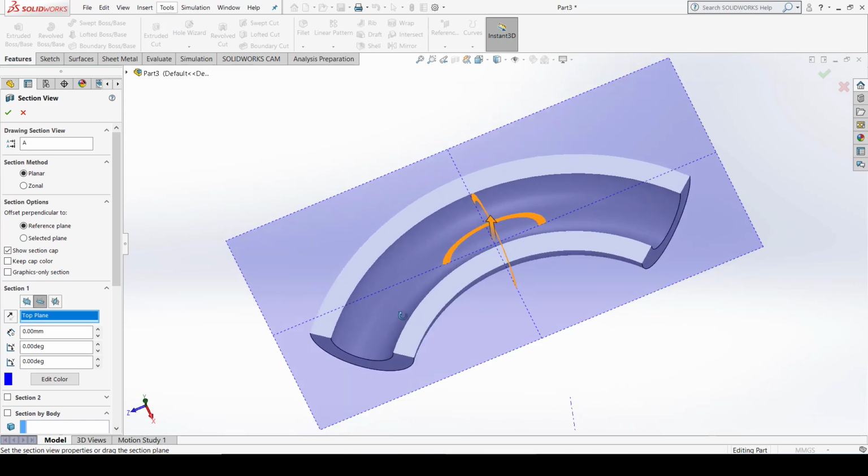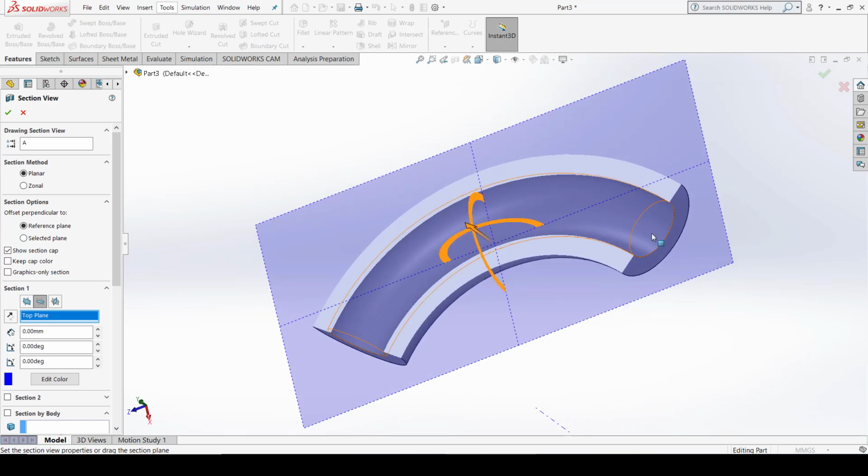Okay, so this is how you can use revolve cut to produce inner sections, or you can produce intricate shapes also. But for that we have other commands which we call swept boss or loft boss. That type of commands we will discuss in later tutorials, but for the meantime we can say you can make hollow structures with the help of revolve and revolve cut in a circular manner, and in case of planar structures you can use extrude and extrude cut.